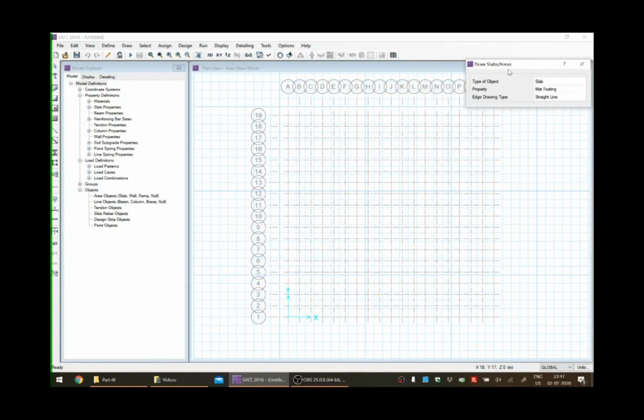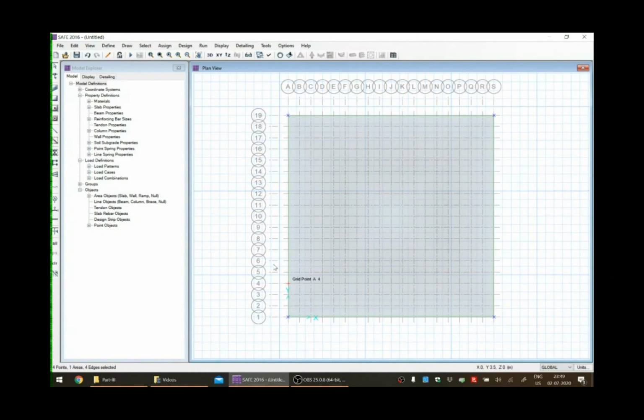Now let us start drawing this way, starting from the first node and closing it on the first node again. Now let us select the slab like this. We can see that one area, 4 points, 4 edges are selected. That means the slab is selected. As per our tutorial,